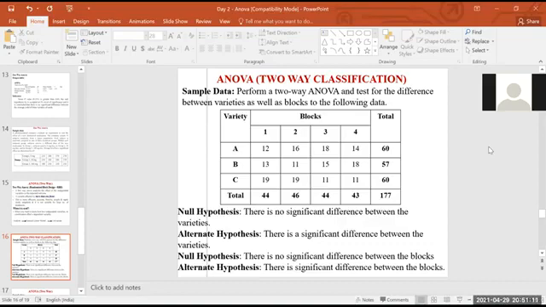There is no significant difference between the varieties. There is a significant difference. And another null hypothesis should be regarding the second factor, block. There is no significant difference between the blocks. There is a significant difference between the blocks. So when you are planning for two-way analysis, two-way ANOVA, you need to set a hypothesis for both the factors